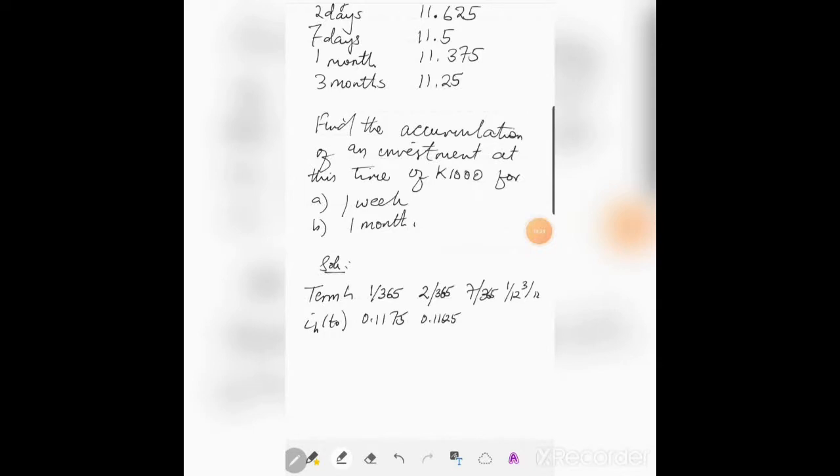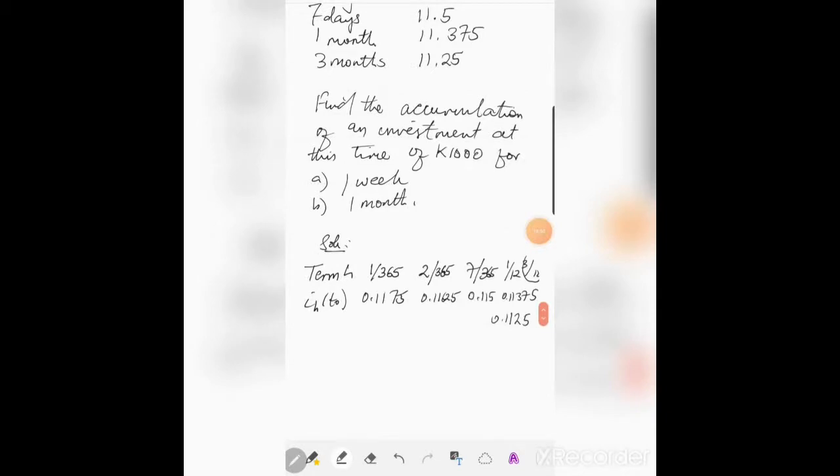Then for this one we get, for 7 days, 0.115. Then for the month you get 0.11375, and lastly we get 0.1125 for 3/12. So the first part of the question says we need to find the accumulation of an investment